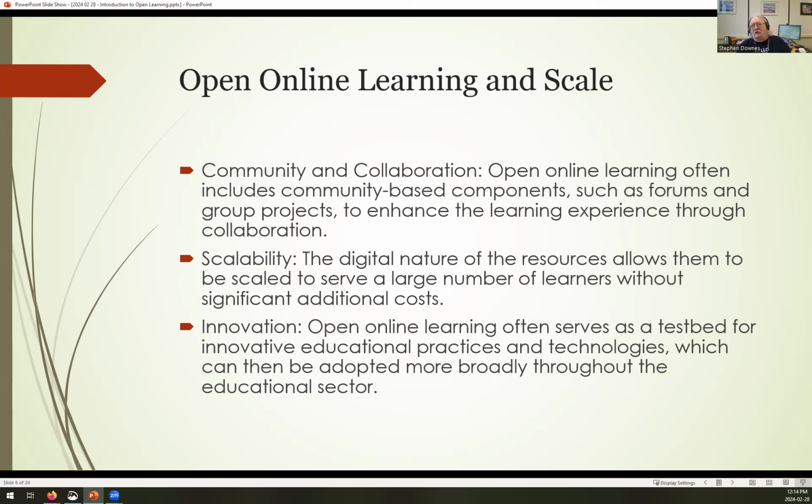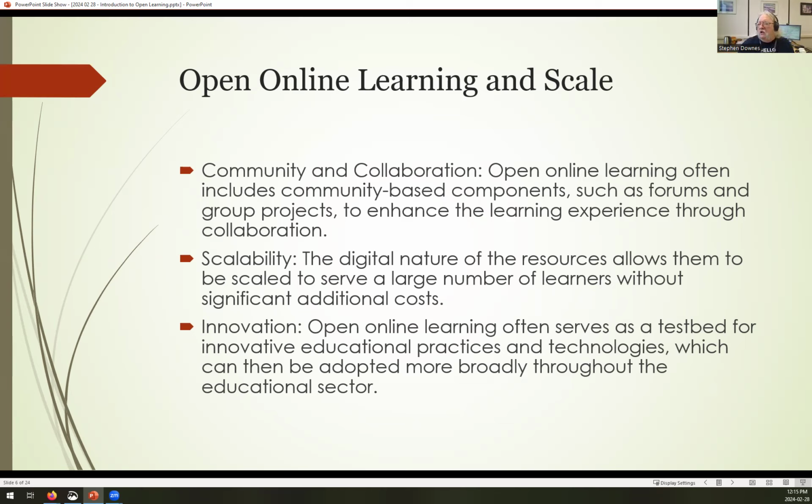Open online learning also has advantages of scale, and I think this is really important. And we're going to talk about this a fair bit in this presentation. But one of the things it does is it allows for greater community and collaboration. There often is a community-based component where the community can be not just the 30 people in a classroom, but hundreds of people around the world.